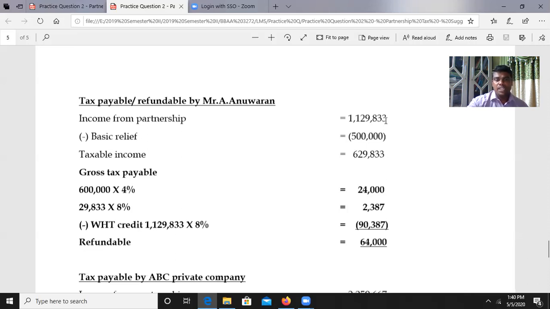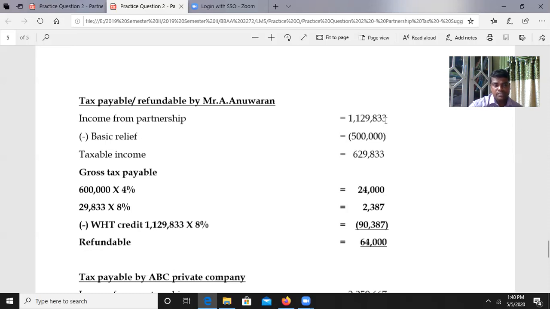After that, taxable income, which is 629,833. So the taxable income of Mr. A. Anuvaran is 629,833. Then the gross income tax calculation: 600,000 into 4% according to the slabs of income tax calculation for individuals. 600,000 into 4% is 24,000. The balance 29,833 into 8%, which is